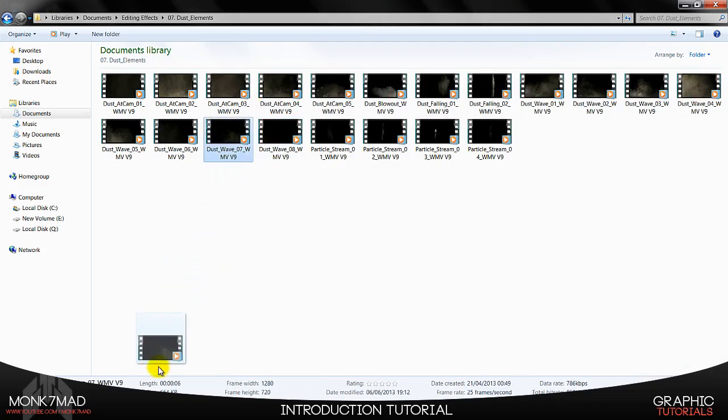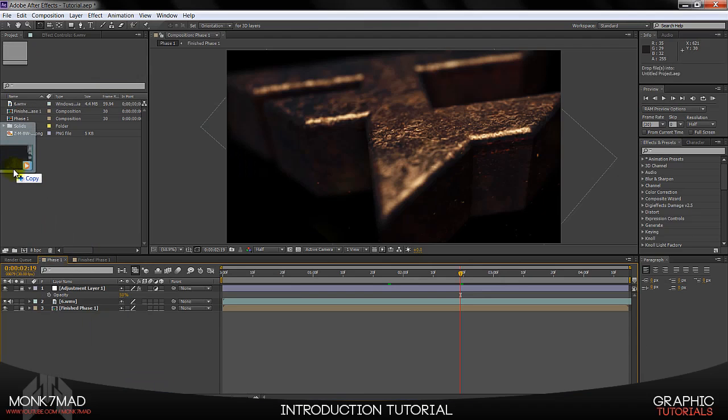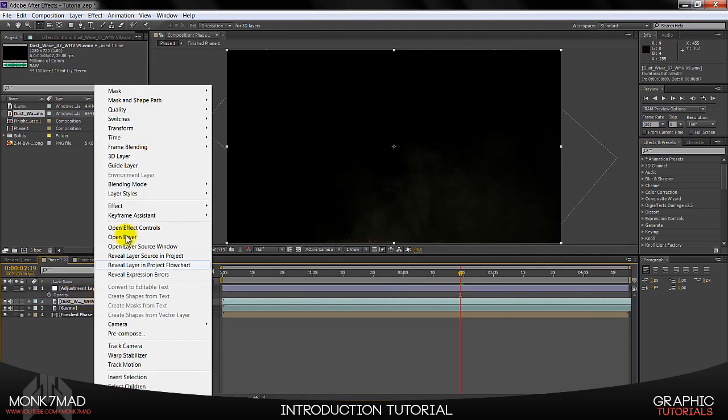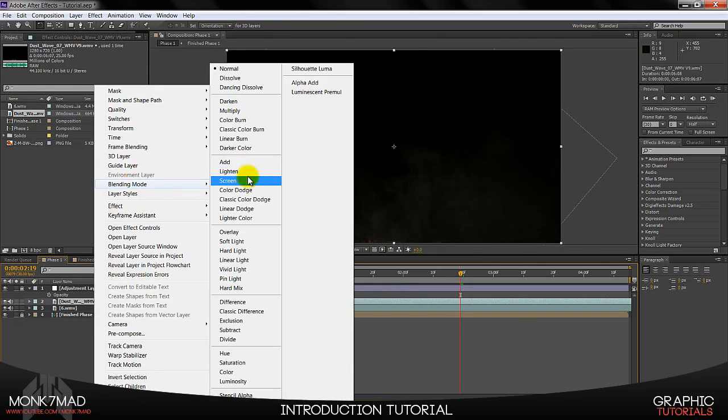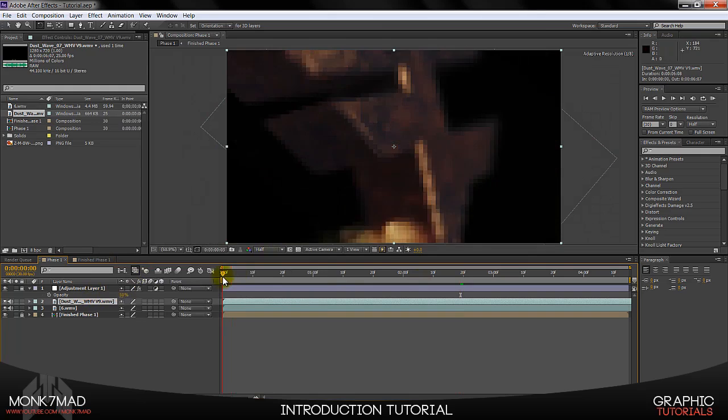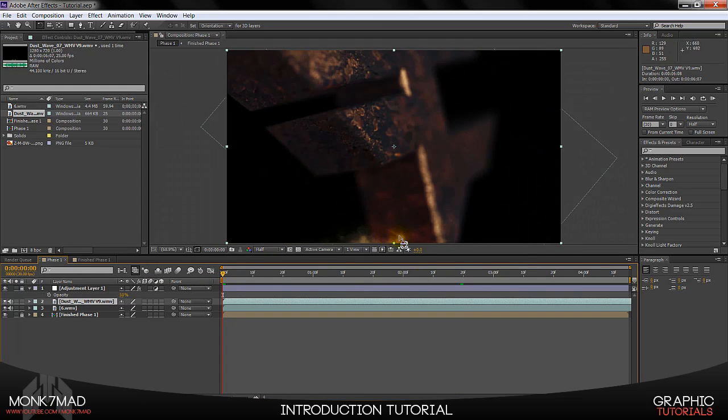Alright, I'm going to use this one. It's called dust number 7. And I'm just going to put that on top of the particles. And the same thing again, right click, blending mode screen. And because the dust particles actually kick up from the bottom, if I go to the beginning frame, you can see where it starts to kick from. I'm actually going to just drag this document